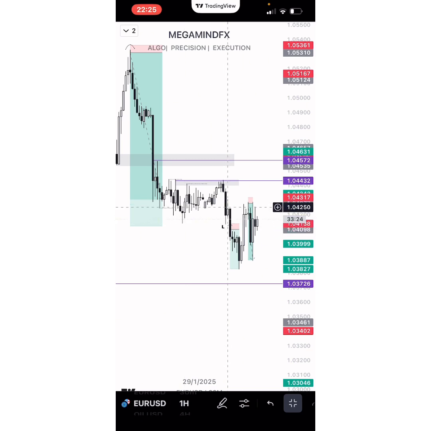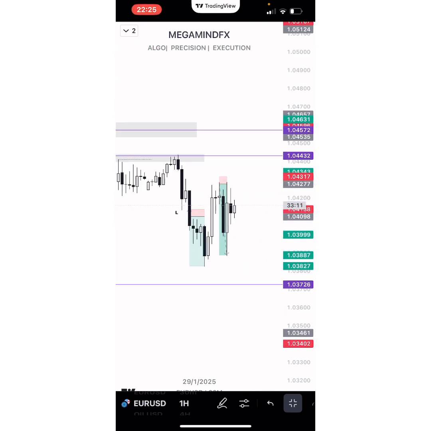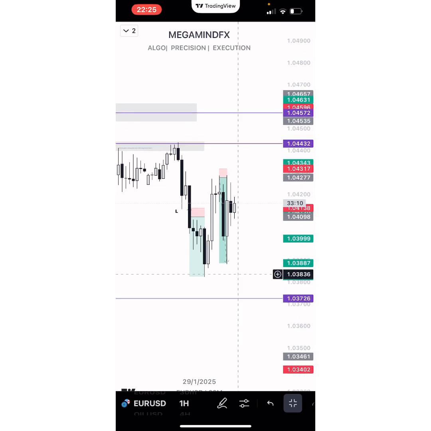So price failed here, and then price came back into it, and then I got my confirmation to continue selling towards the downside. So I sold this back here. It's a 9R, so I sold it, and then I closed a large volume at this point,